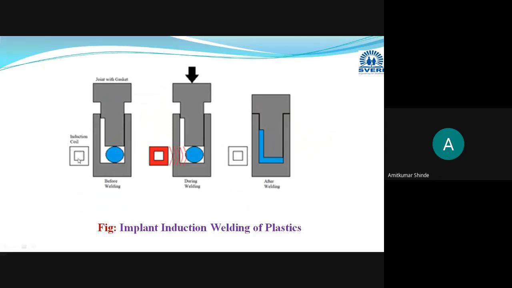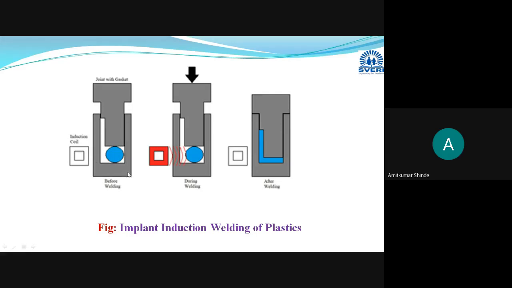Through this inductor coil, due to the electromagnetic field generation, eddy currents are generated. Here you can see these eddy currents are generated, and this is your electromagnetic adhesive material. When you pass high frequency alternating current through this inductor coil, an alternating electromagnetic field will be generated, and due to that electromagnetic field, eddy currents are generated, and those eddy currents will flow through the metal surface and they will generate the heat.